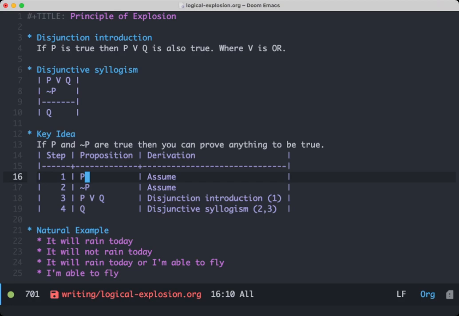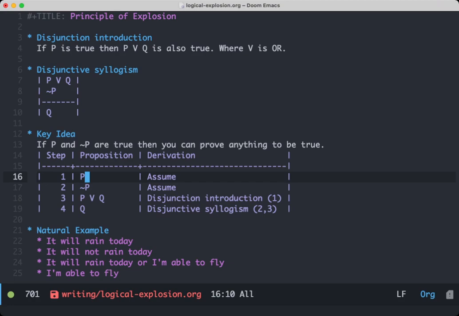And this is a big problem. Let's take a real world example. Let's say we have "it will rain today" as true and "it will not rain today" as true, both of them. Now let's say someone else says, hey, it will rain today or I'm able to fly. They want to prove that they're able to fly. Again, "it will not rain" is true. Essentially they proved that I'm able to fly, and they jump off the building,